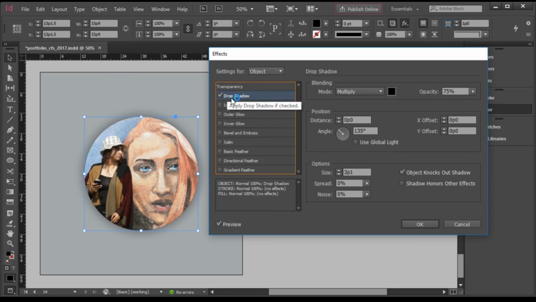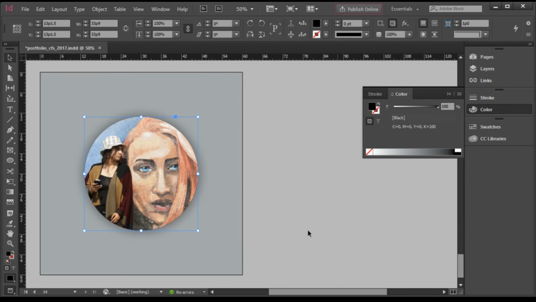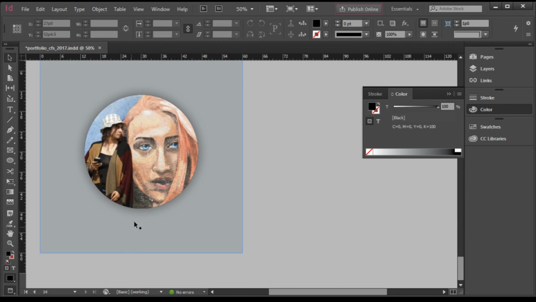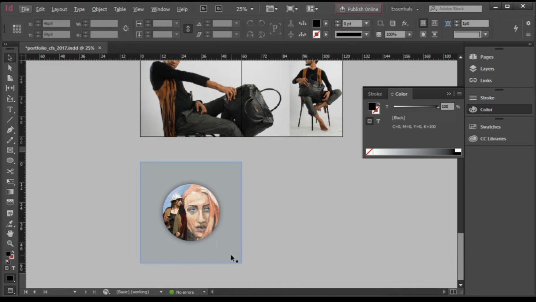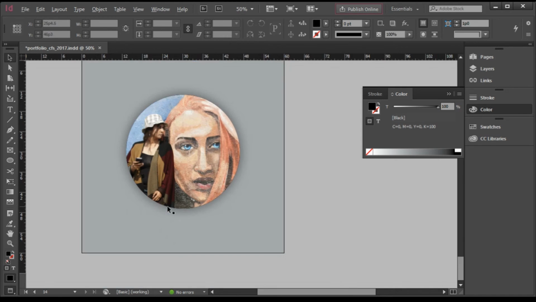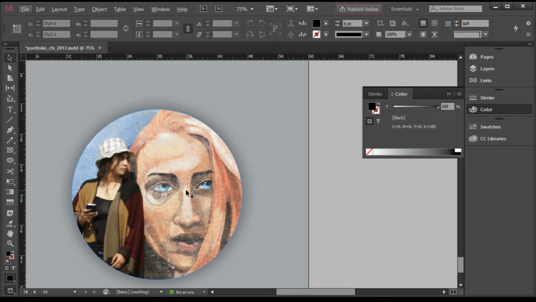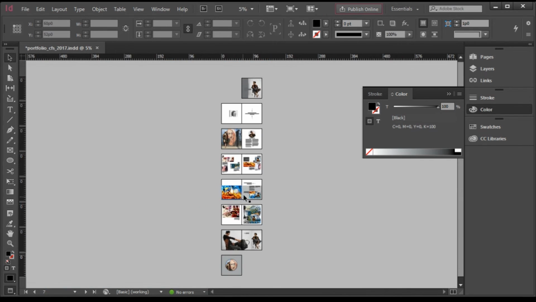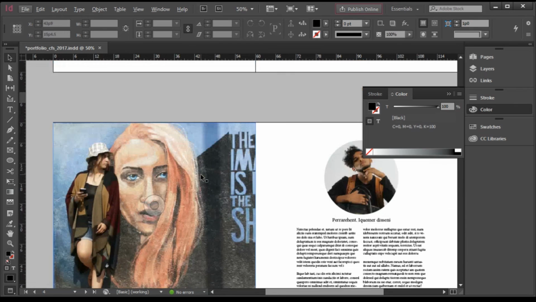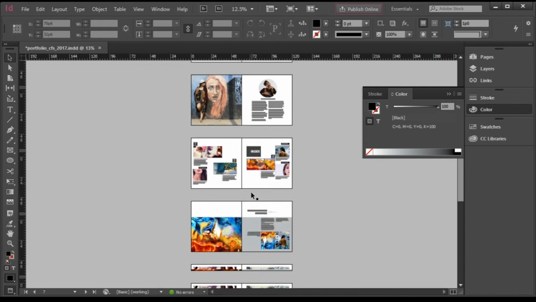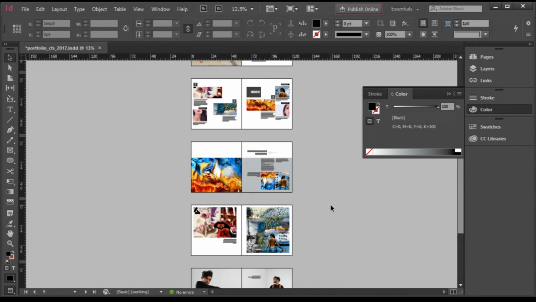I'll just leave it to drop shadow for the time being and then say okay, and then you can write something here if you want. It's totally up to you, or you can end it like this. So that's it. That's how you make your portfolio, arrange your contents, and once you are done with it,